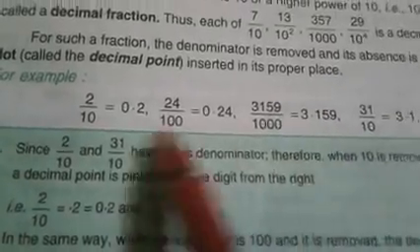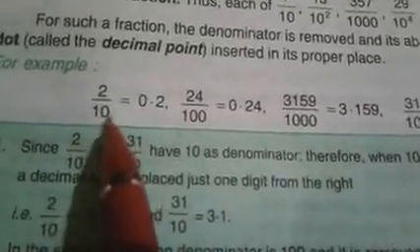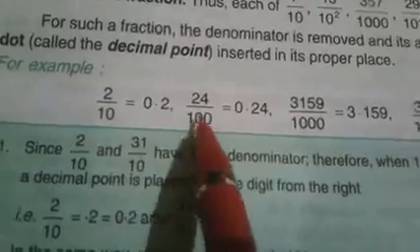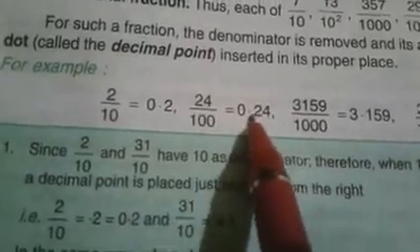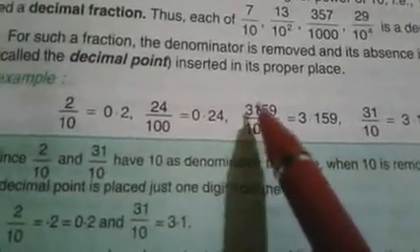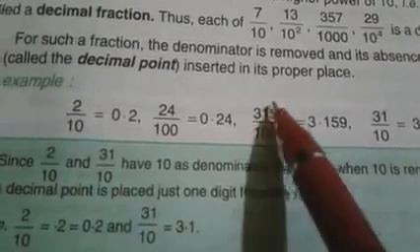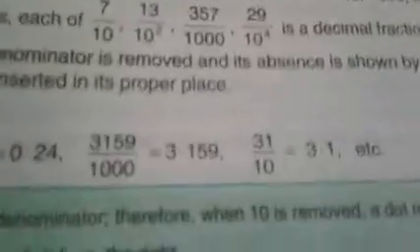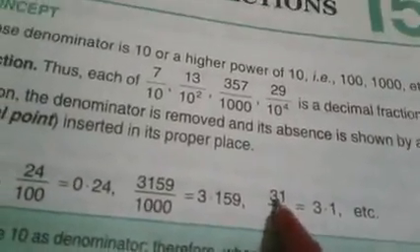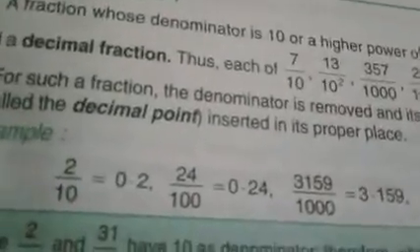Now what is the story behind this? The story behind this is, since there is 1 zero, after the point there is 1 digit. Since there are 2 zeros, after the point there are 2 digits. Since there are 3 zeros, after the point there should be 3 digits only. So here again, 1 zero, after the point only 1 digit. Okay, this is one method. The other method is that